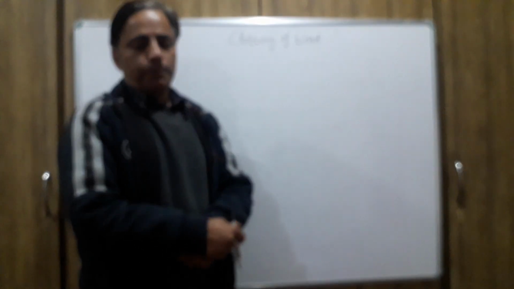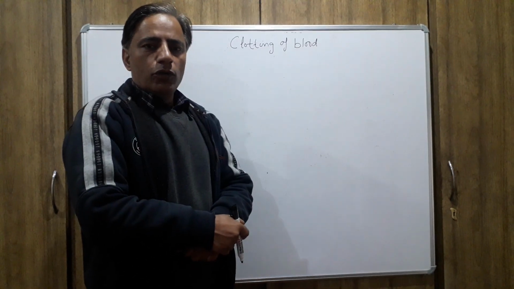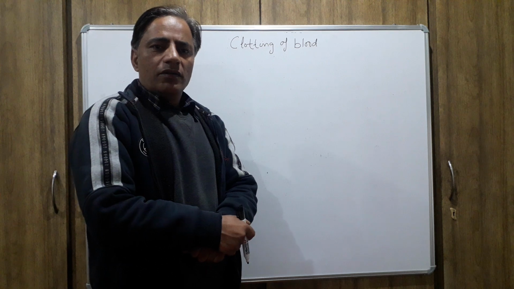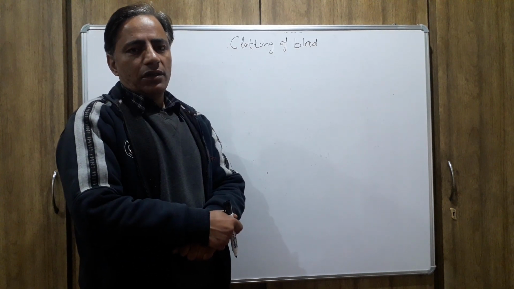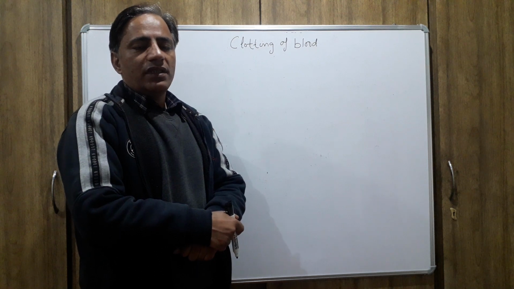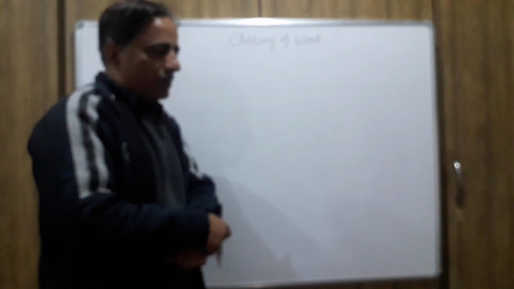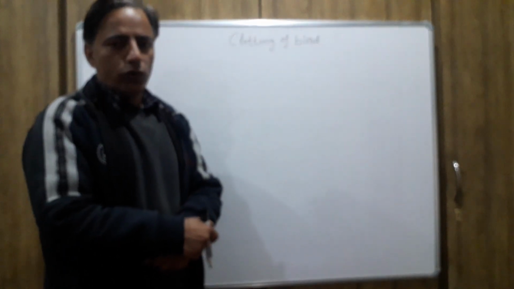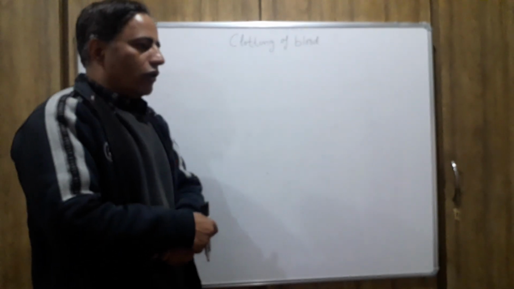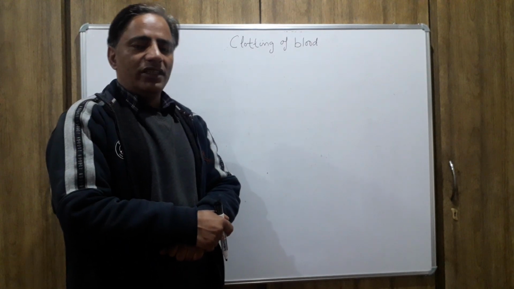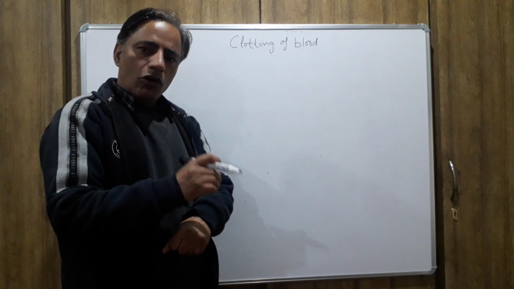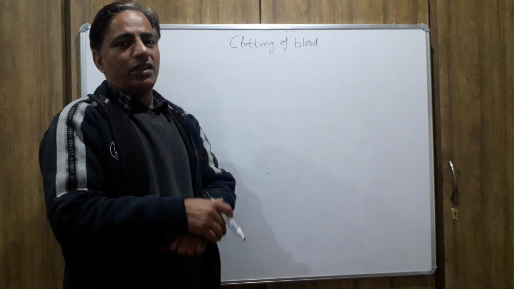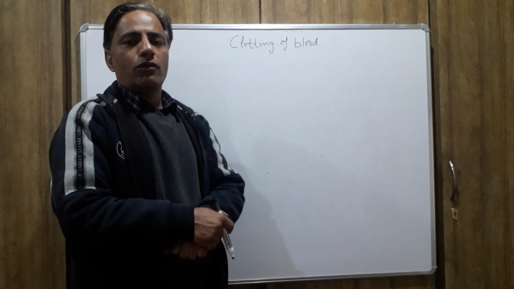Clotting of the blood. You would have seen that when a body gets injured, blood begins to flow, but over a period of time, it gets stopped spontaneously. Do you know why? It's because at the site of the injury, the body forms a dark reddish brown scum, which is actually the clot or plug.